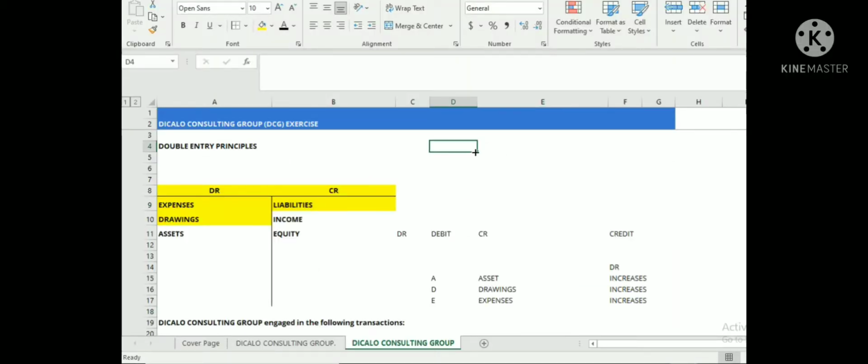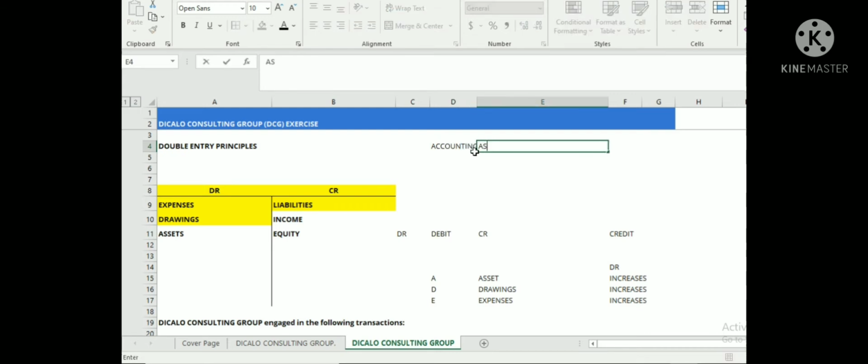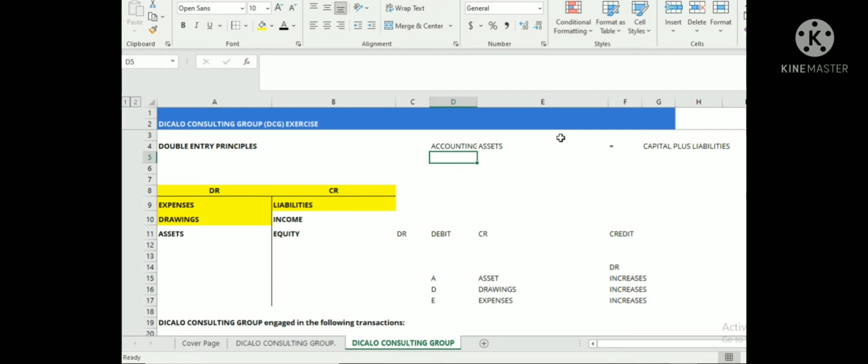Which requires that assets should always be equivalent to what? Capital plus liabilities. Okay, this is it. Now we have said that the accounting equation states that assets should always be equivalent to capital plus liabilities,